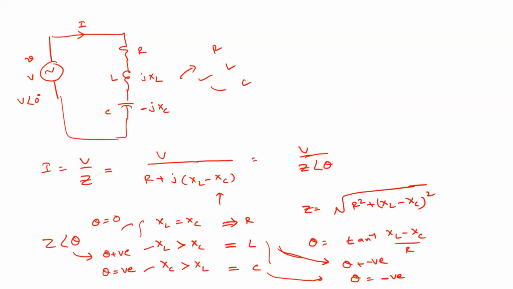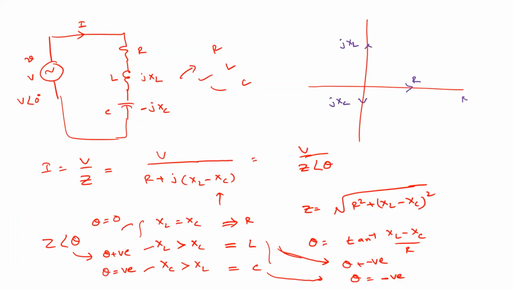See here, if I draw the phasor diagram, you will understand. This is resistance, for example, this is your resistive element. So this is your R. This is the real axis. In the imaginary axis, you will represent JXL. So this is JXL. And for example, this is a small JXC.